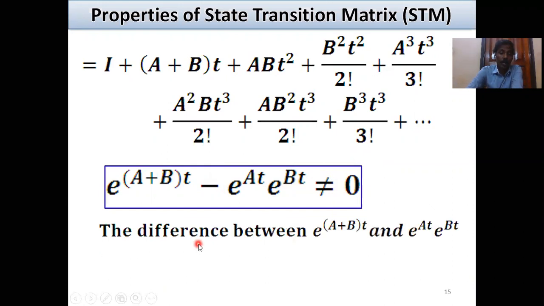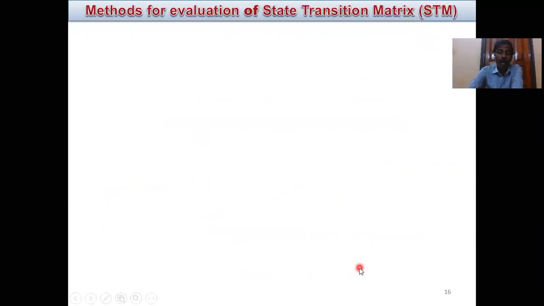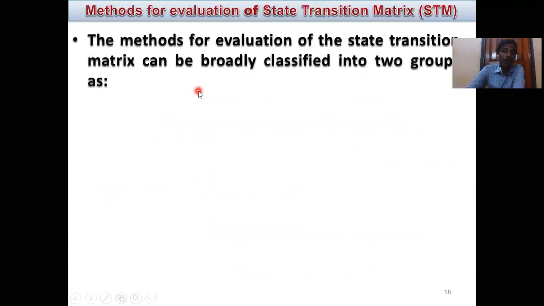So the difference between e to the power (A plus B) into t and e to the power At into e to the power Bt, what is the difference? It vanishes if A and B commute. And the methods